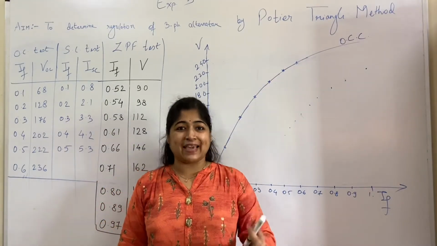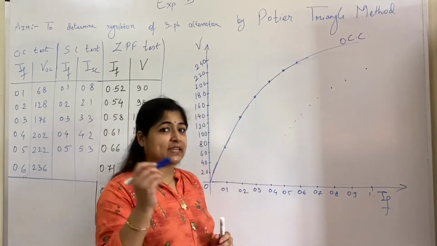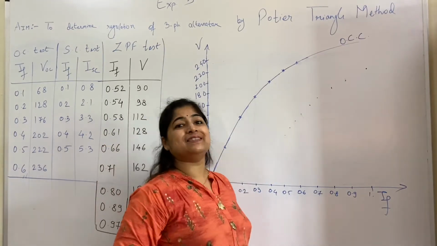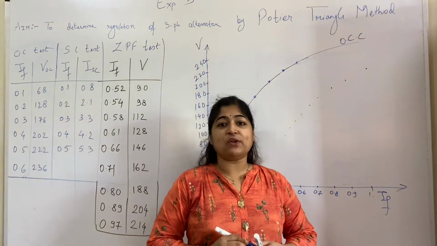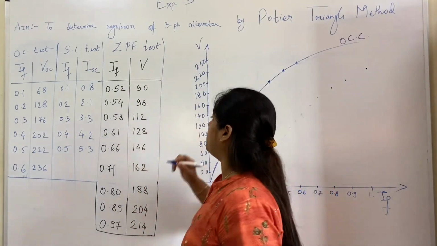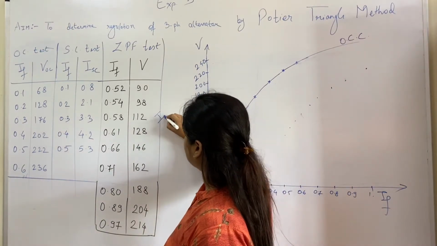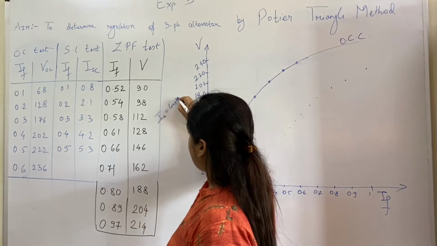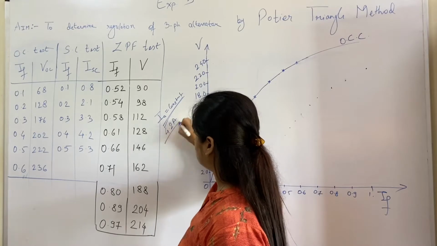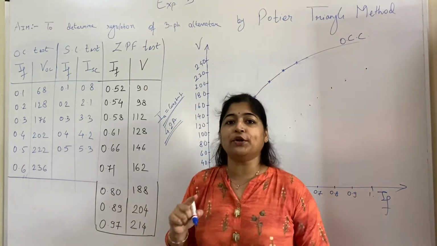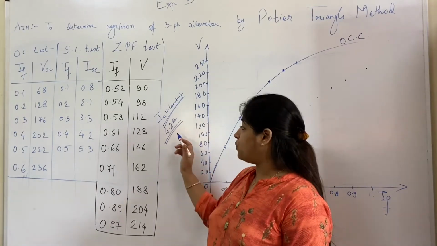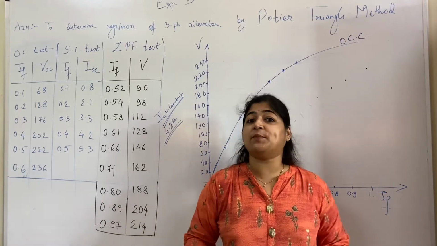What is the second thing you need? You need a point A. If you remember the theory part of it, you need a point A from where you can draw the ZPFC. So where will you get point A? See, while performing this experiment, we need to keep the current constant. The load current, or armature current, is constant, and we maintain a constant value of armature current at 4.2 ampere. So what you need is the corresponding value of IF for which the current was 4.2 ampere for zero load.